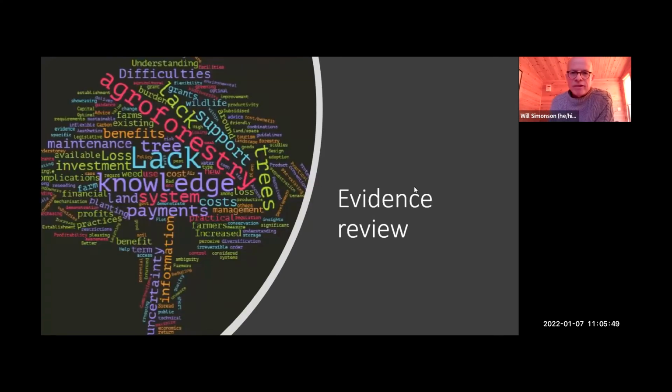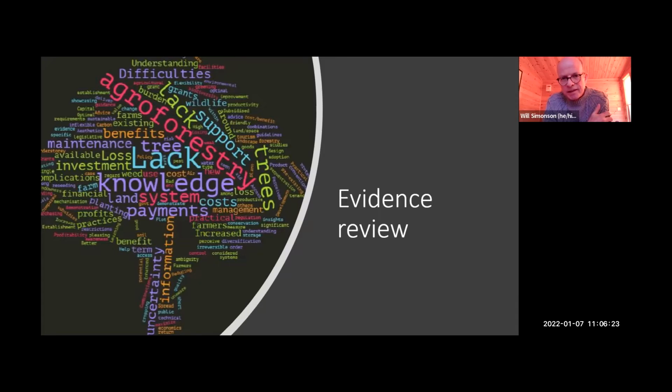To inform the work, right at the beginning, we did an evidence review. This was essentially a literature review of what has been learned in the past about the barriers and opportunities to agroforestry practice in the UK, identified by previous projects, such as some of the European collaborations that I dare say many of you will have perhaps heard about. The Agroforestry Innovation Network, AFINET, is one example. So quite a lot of work has been done into that within the UK and Europe, and we brought